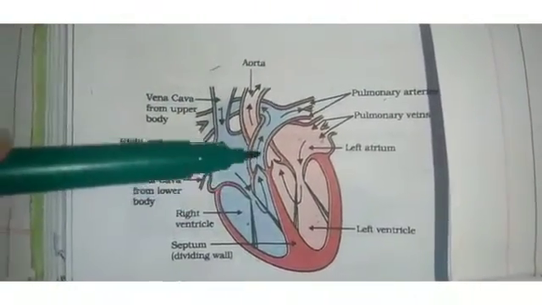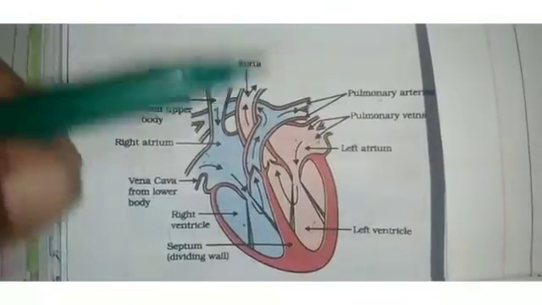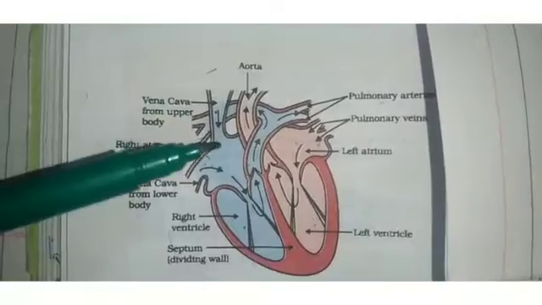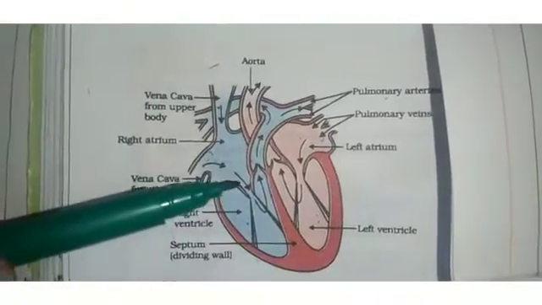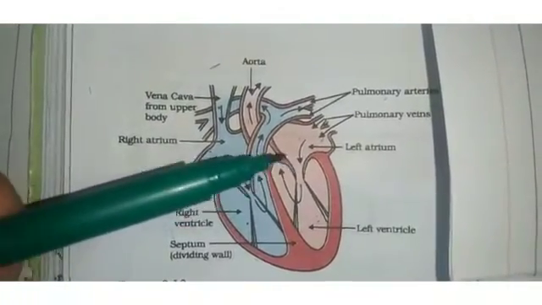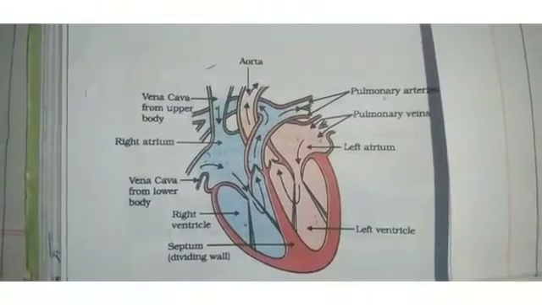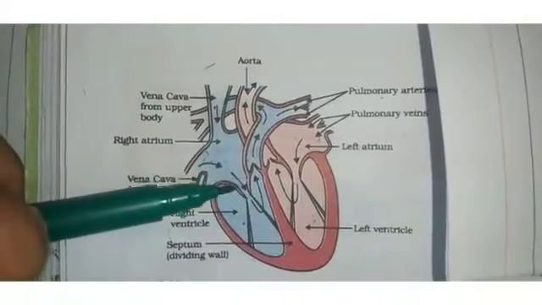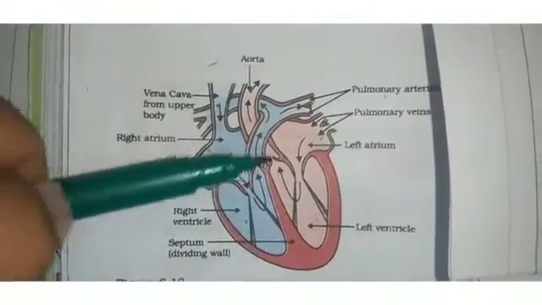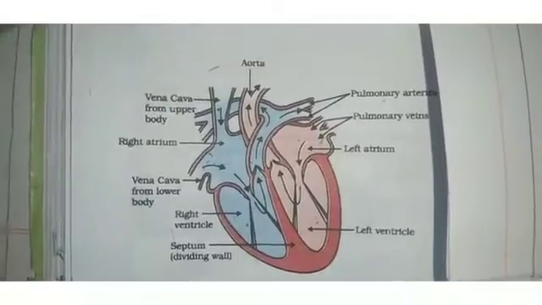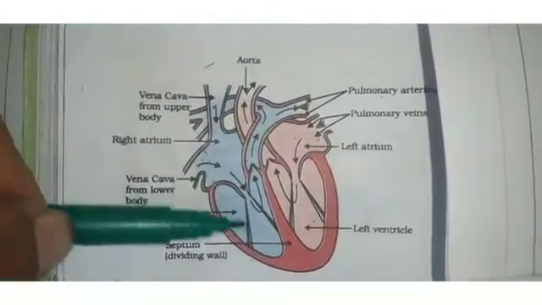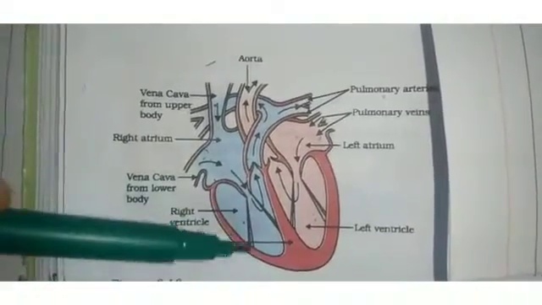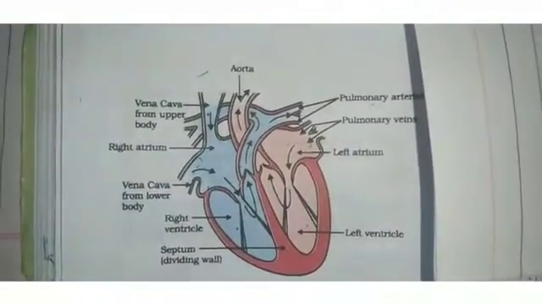The ventricles have much thicker walls than the atria, because the heart has to push and pump, so it has thicker muscular walls. And these valves, as I told you, are just like gates. Valves ensure that the blood does not flow backwards. They function to prevent backward flow of blood. So when the atria or ventricles contract, the valves will not allow the blood to move in the backward direction.